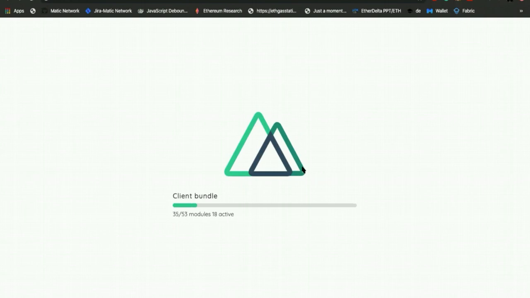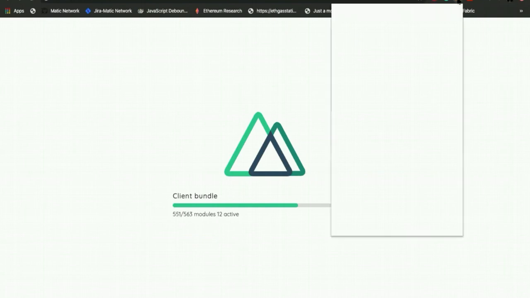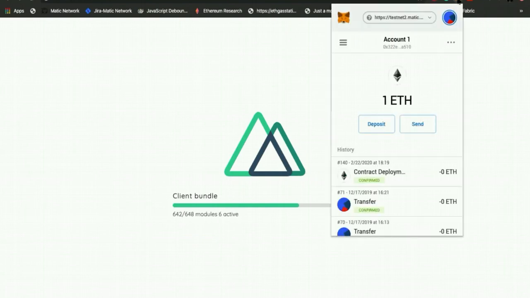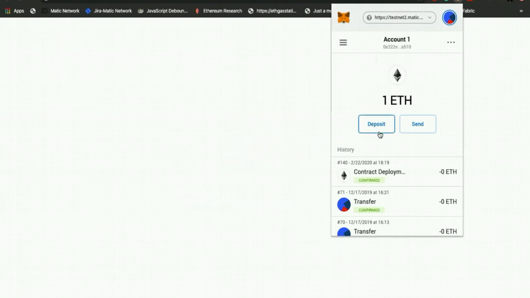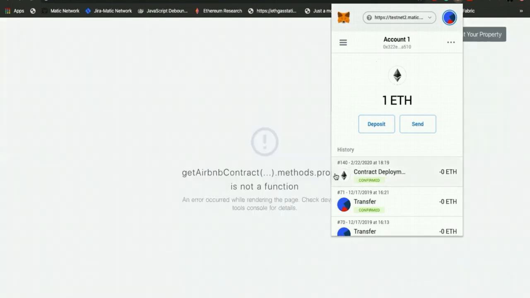So here it is compiling. If you check here, I have one ether in my account. So we're gonna use this to